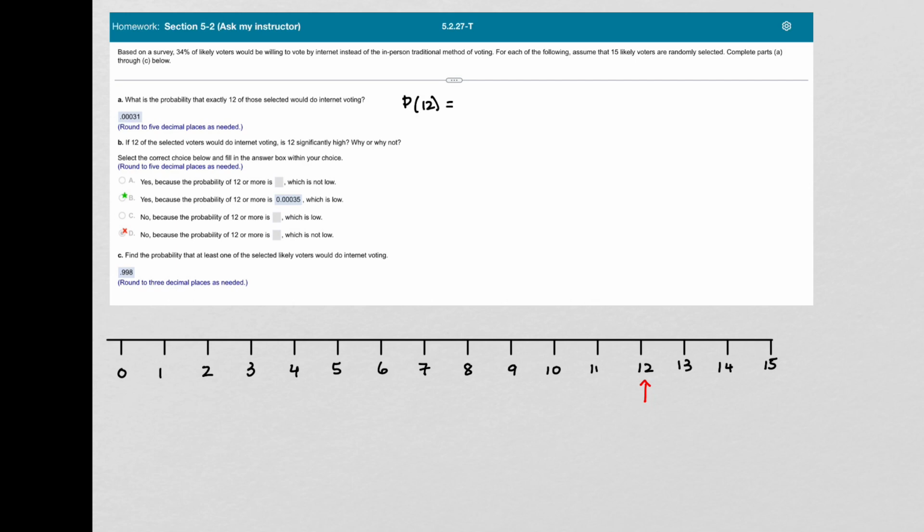And so in this one, we're going to use the Binomial PDF function because there's only one value here. So my number of trials is 15. Probability of an individual's success is 0.34, and there are 12 individuals. We're looking for the probability of getting exactly 12 who would do internet voting. And when I put that into my calculator, let me do it this way, because it's long, I'm going to get